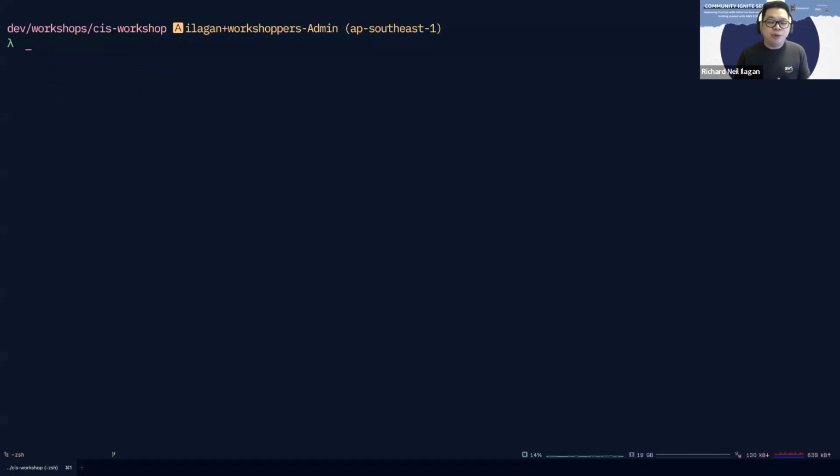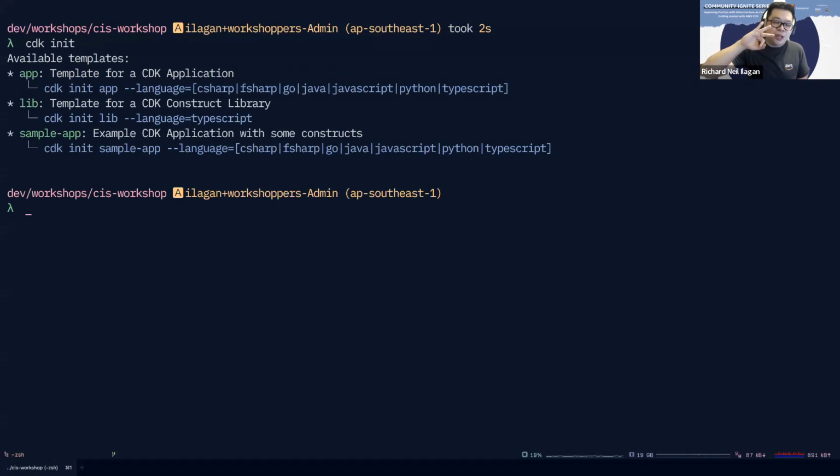To get started with the CDK project, di ba meron na tayong CDK? Yan. So all I have to do is cdk init. Yung cdk init mismo, meron siyang 3 options. You can start with an app or a lib or a sample app kung gusto mo ng parang full-fledged example of how you want to see how that works. So on your own machine, if you want to do this when you have free time, you can try the sample app, makikita mo how everything works. Meron na siyang parang sample template. But for now, let's just do